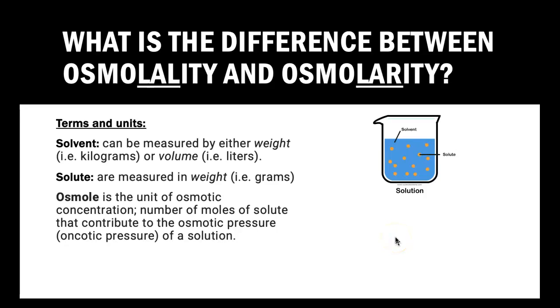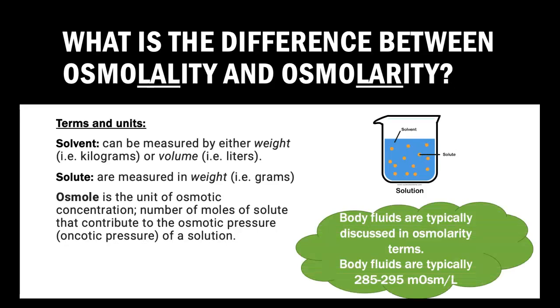And then we have this unit called osmol. This is the unit of osmotic concentration. It's our number of moles of solute that will contribute to osmotic pressure, also oncotic pressure of a solution. When we discuss these terms within humans, we will see that body fluids are typically going to be discussed as osmolarity, although in humans, we measure their osmolality first, which would be the osmoles of solutes per kilogram of the solvent, and then we translate that